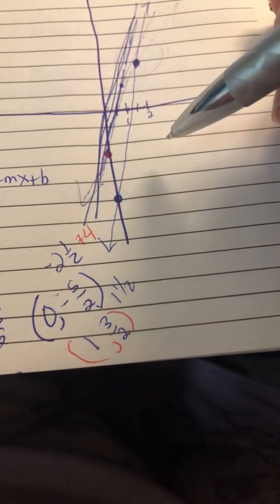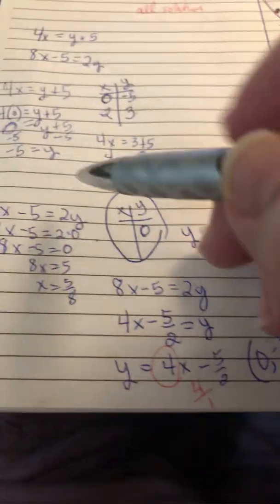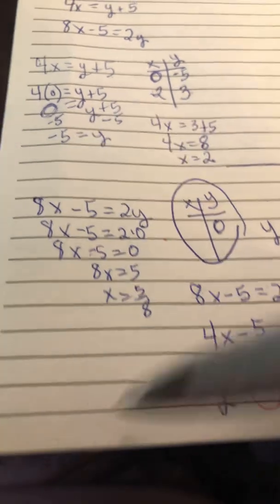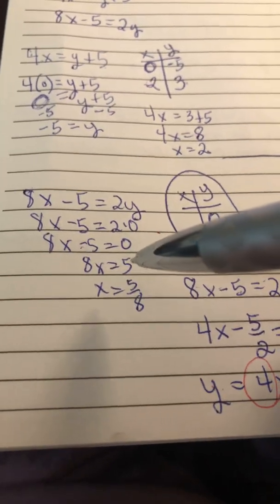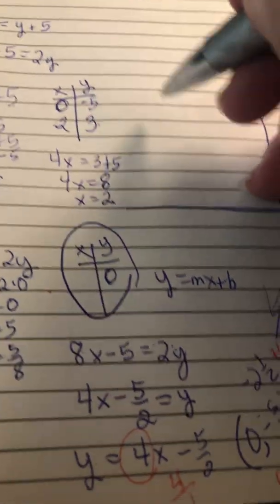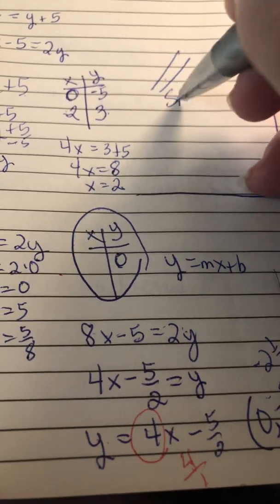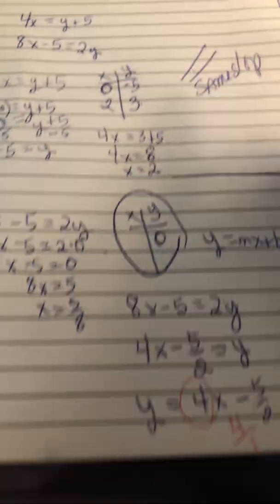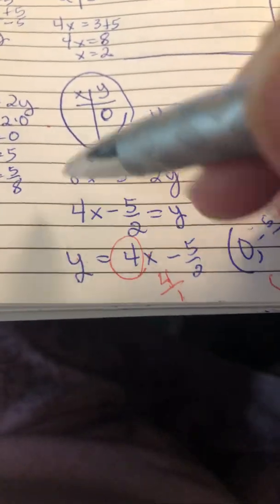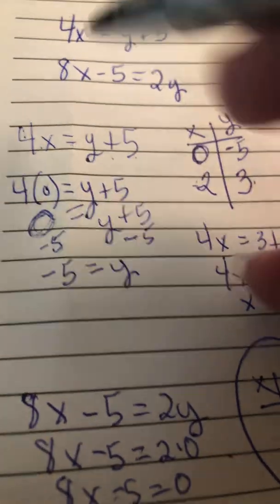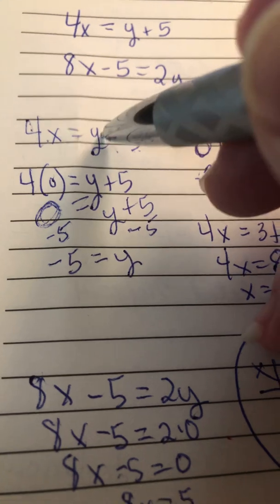And so they would have no solution. We could have seen it, and in the next 2 sections you're going to learn another way to do these to check it. But one thing you learned back when you were doing regular graphing is that parallel lines have the same slope. So you know how we got this equation where y equals mx plus b, so the slope is 4? Well, if we look up here at this equation, if we had taken this and gotten y alone,